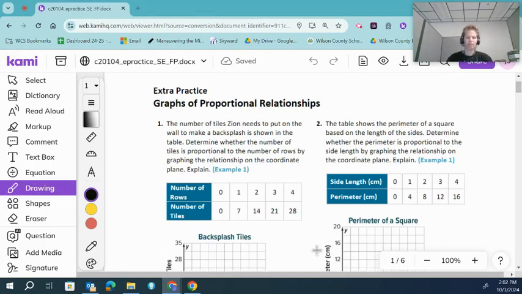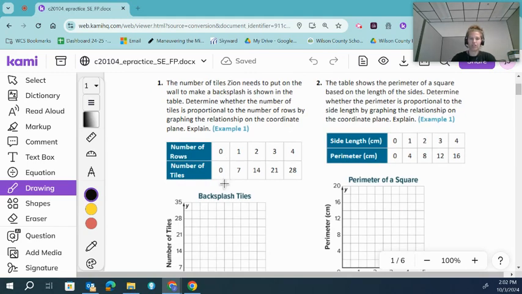Today we will be graphing proportional relationships. The number of tiles Zion needs to put on the wall to make backsplash is shown in the table. Determine whether the number of tiles is proportional to the number of rows by graphing the relationship on a coordinate plane. Okay. Now, when we are talking about proportional relationships, when we have this point here, 0, 0, and our